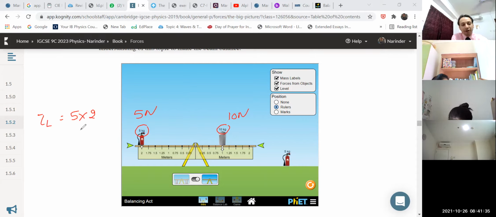And on the right hand side, suppose the distance is unknown. Suppose I don't know where this 10 kilogram should be placed to keep the object in balance. So the torque on the right hand side is 10 Newton multiplied by an unknown distance, suppose D. In balance condition, you have to apply the principle